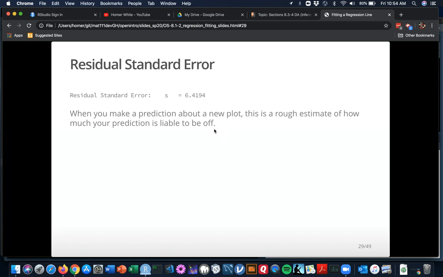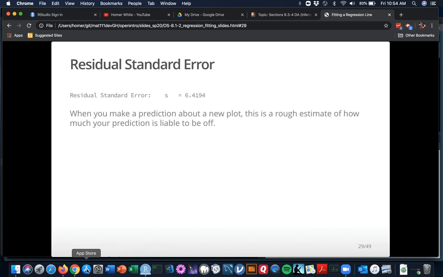When you make a prediction about a new plot, say there's some other plot that's the same area as all the plots in the study, but it wasn't included in the study, but say you knew how many stumps were in the plot and you wanted to predict, using the regression line, how many larvae clusters you would find if you searched through it. The regression line could help you predict,